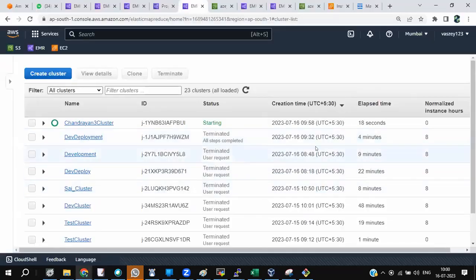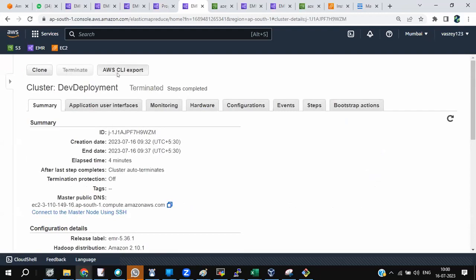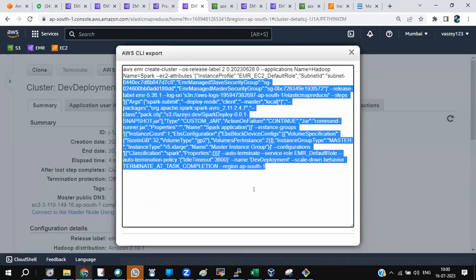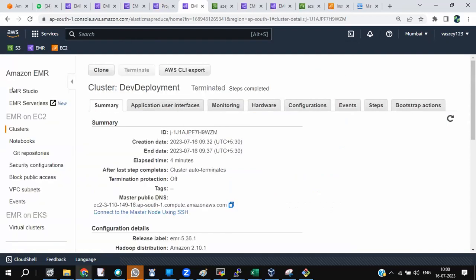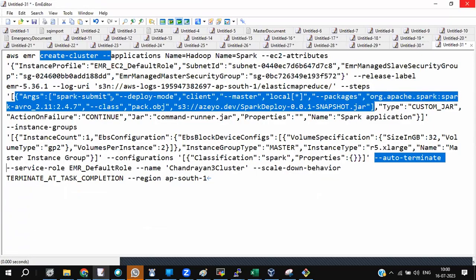Now, did I create a cluster and go in right now? Did I create a step execution manually right now? Tell me. No, I didn't do anything manual this time. Completely automated. Because whatever I did in this dev cluster, AWS gave me as a CLI command. So this is your final gold copy of the command in real time.